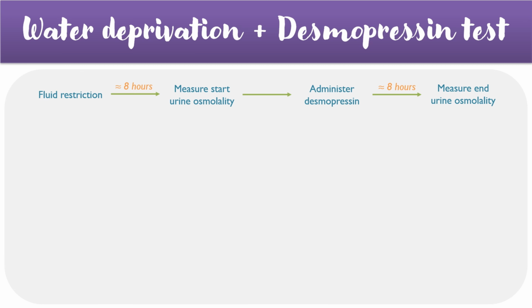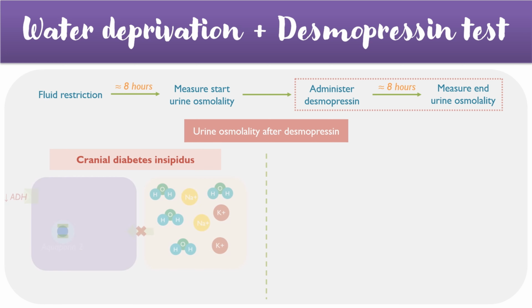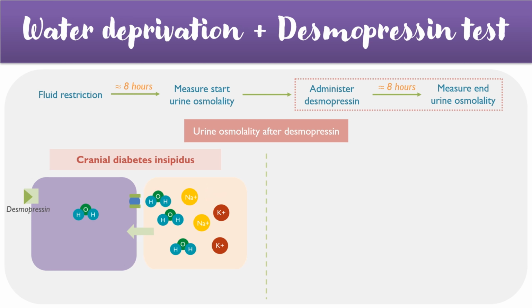Moving on to the second part of the test, we can measure the urine osmolality after administering desmopressin to work out the cause behind the diabetes insipidus. In cases of cranial diabetes insipidus, the problem is due to reduced levels of ADH circulating through the blood. So when we administer desmopressin to these patients, it acts as an ADH analog, allowing aquaporin 2 channels to fuse with the cell surface membrane and for water to re-enter the collecting duct, and therefore the blood. In other words, administering desmopressin in these patients helps to correct the problem, and the urine osmolality returns to normal